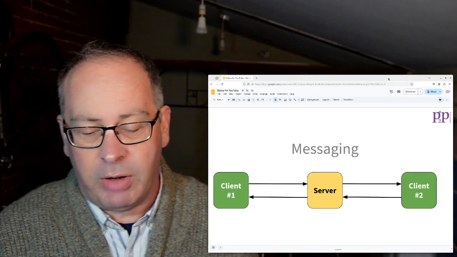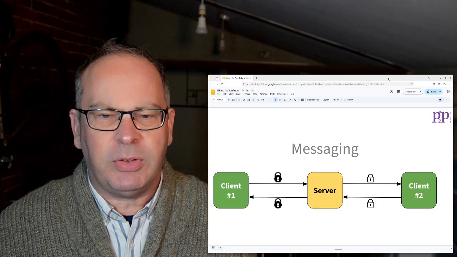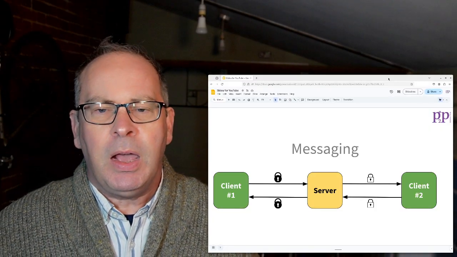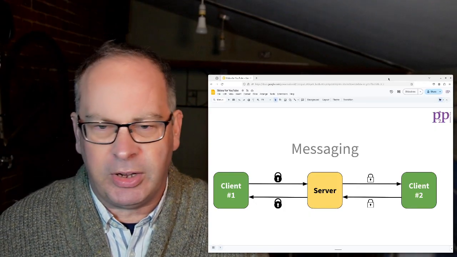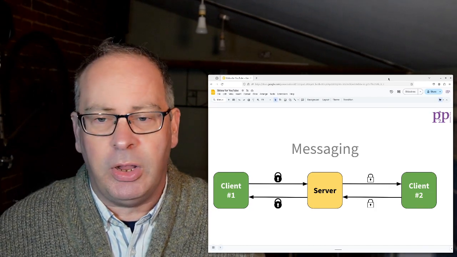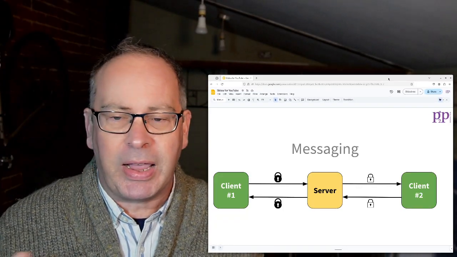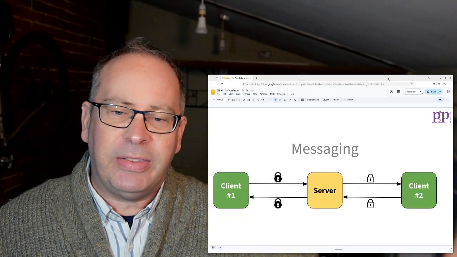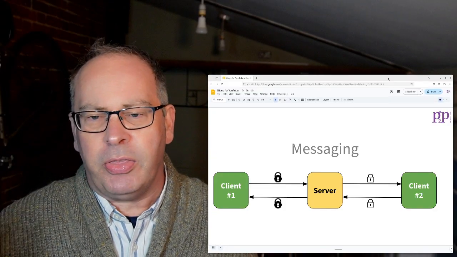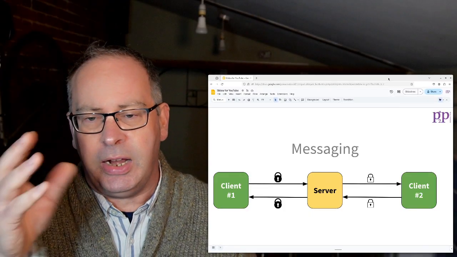So that's fine, right? And the problem is that we want to have these things encrypted, but in this mechanism, one way of doing it would be, okay, we'll say that client 1 will encrypt the messages to the server, which will decrypt them and then send them on encrypted under a different key to client 2, and then send them back again, unencrypt them itself, and then send it along to client 1. The problem, of course, here is that at some point those messages are unencrypted in the server.